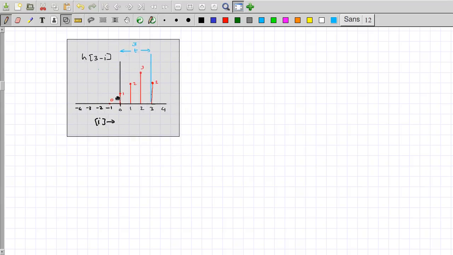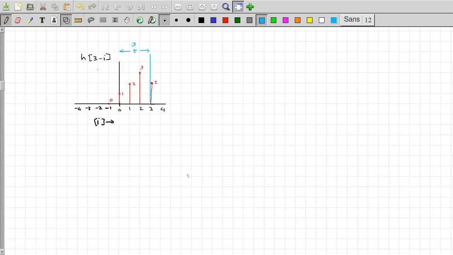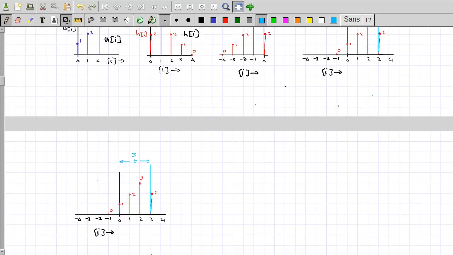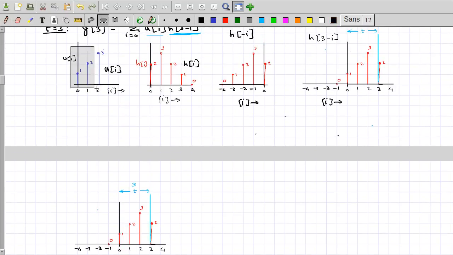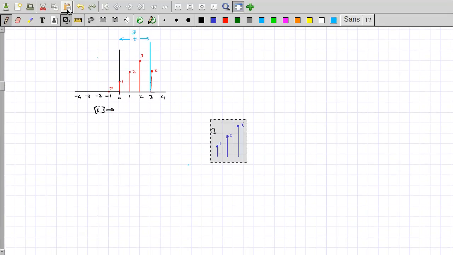So this is h of 3 minus I right here. That's in red. And the part in blue is here. That's ui. So yes, ui is over here. Let's get the alignment a little right. Well, okay, so I'll stagger them a little bit so that you can see them apart. And because they happen to have exactly the same values, right? So now we can